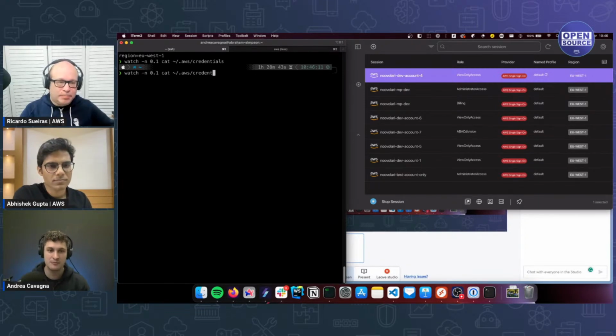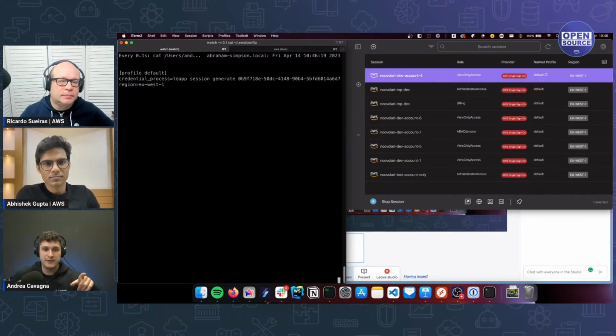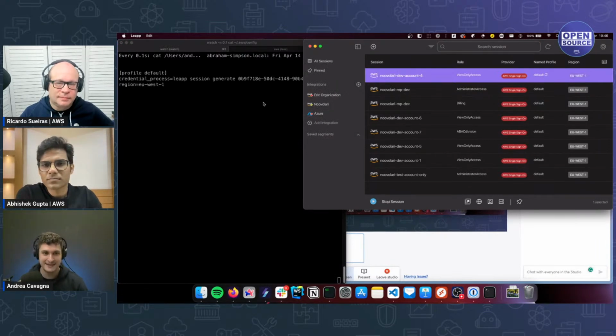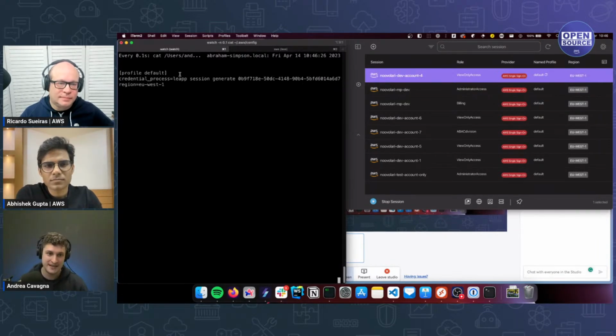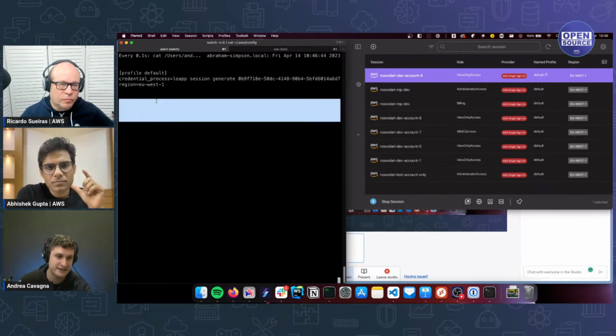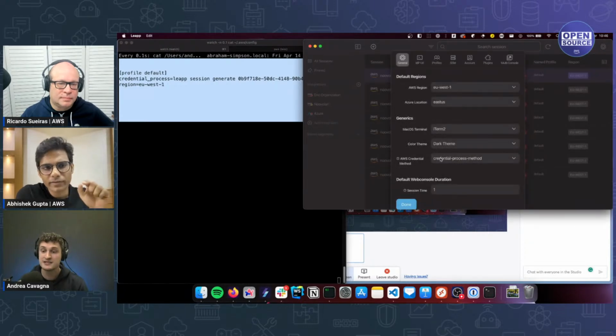Because if I go back into my config file, I'll see that I have a credential process that is erased when it's not needed and generated when it's needed, that automatically answers every SDK, CDK, Terraform, whatever you are using, asking for credentials, to generate a set of one-time credentials only when they are needed. So no credentials at all are in a plain text file with that method. That's literally the command, is it? What I see there, leap session generate.